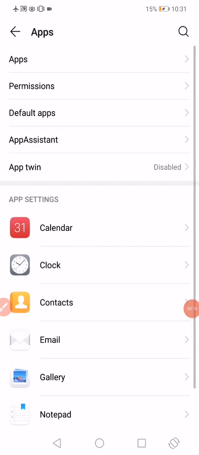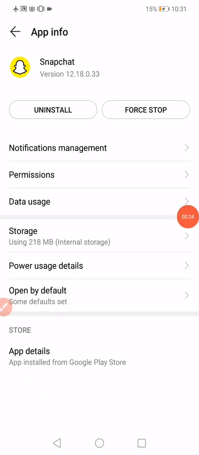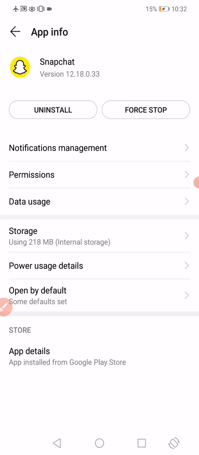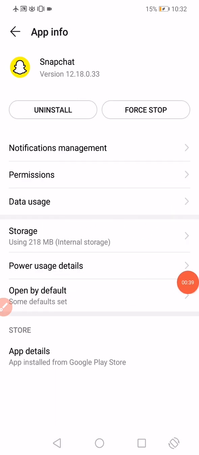On the apps manager right here, you will find all the apps that you have on your phone. So all you want to do is click on Snapchat, click on force stop, and then click on permissions, enable all the permissions, go back, click on storage, click on clear data and clear cache, go back again, and